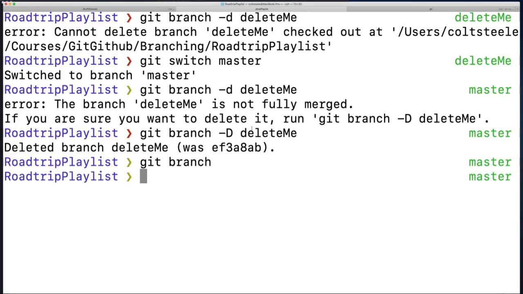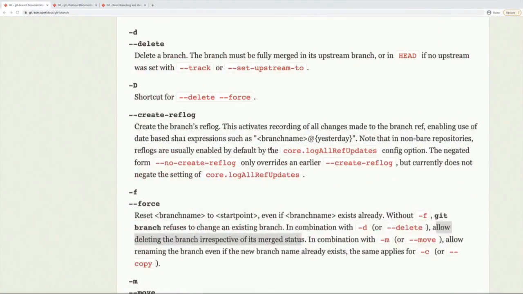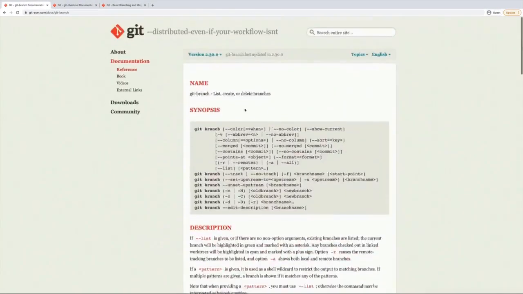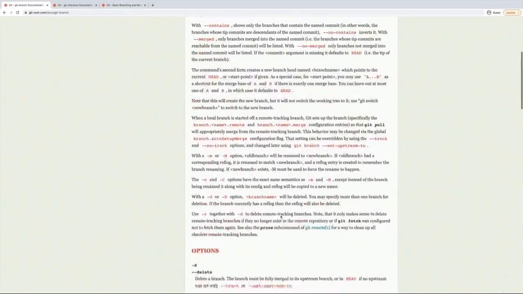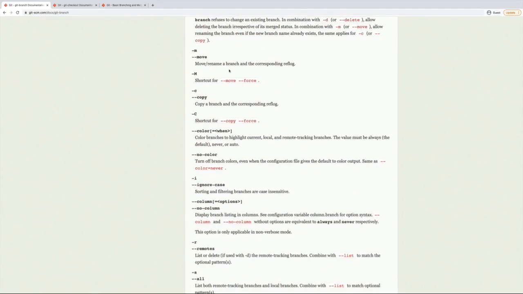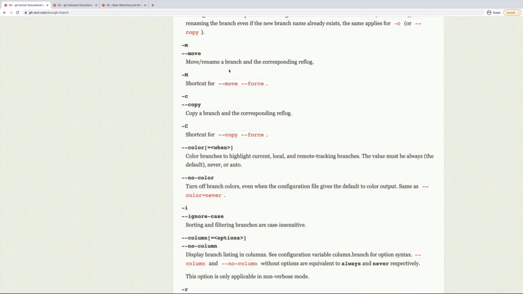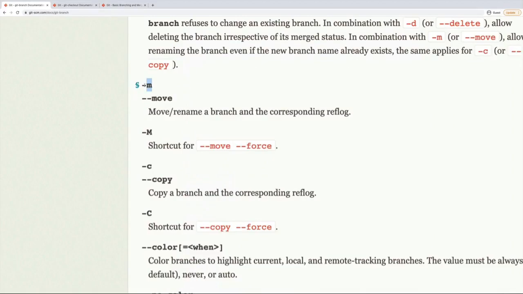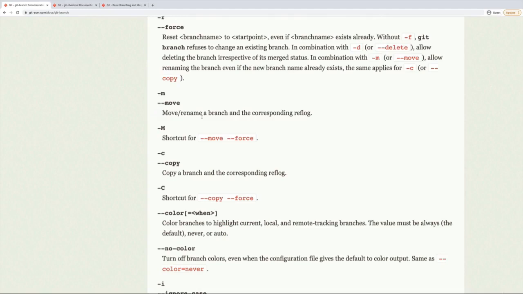All right. Now, another thing we might want to do is rename a branch. And this is something we definitely will be doing when we get to GitHub. We could rename our master branch to main to play well with GitHub. But also, it's a common thing to do if you're unhappy with a branch name or you just want to change it and give it a better name. The way that we do it is somewhat hard to remember. We use git branch, the same command. However, the flag or the option that we use is -m. And that seems somewhat confusing. It should be -r for rename or -n for name, but it's actually -m for move,